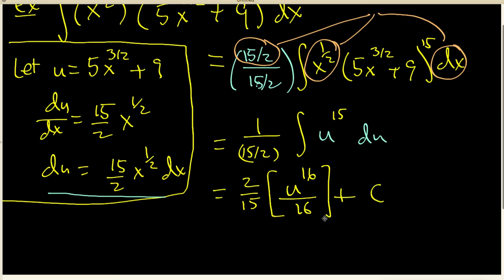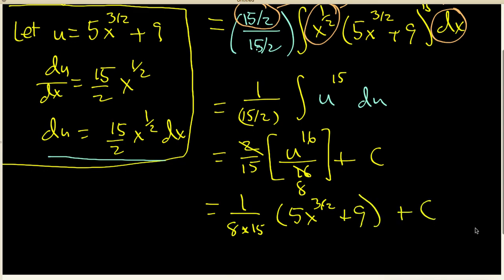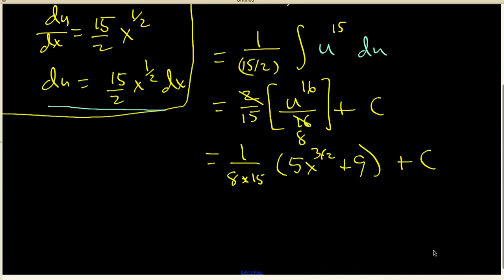Now it's important to realize that I could either multiply that constant by this number or I can add the constant after I find the antiderivative. It's traditional not to have the constant multiplied by this multiplicative constant. And so I want to clean my answer up. That will cancel and give me a 1/8. And so we have 1 over 8 times 15 times u, which is 5x to the 3 halves plus 9, plus that constant. And let's see, 8 times 15